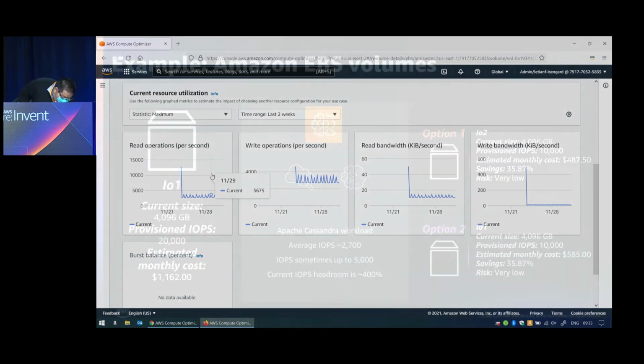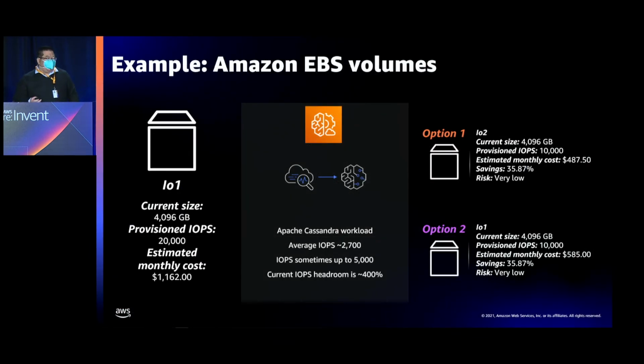I've also heard a lot of questions about the difference between the EBS metrics we analyze for EBS recommendations versus for EC2 recommendations. On the EC2 side, there are separate limits. It limits the total IOPS and EBS bandwidth you can consume at the instance level.